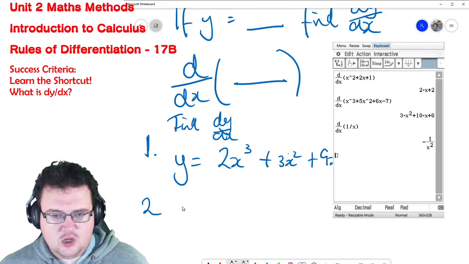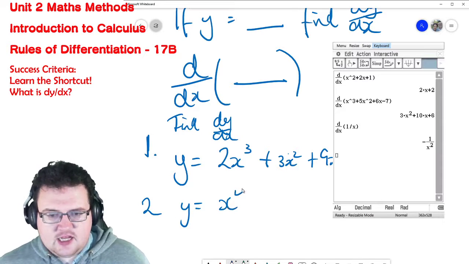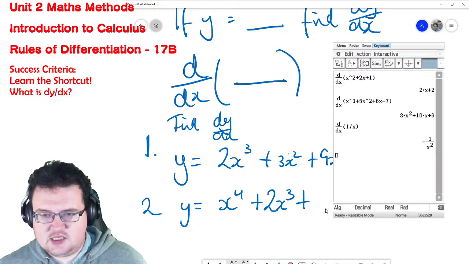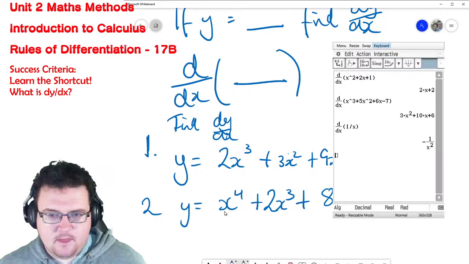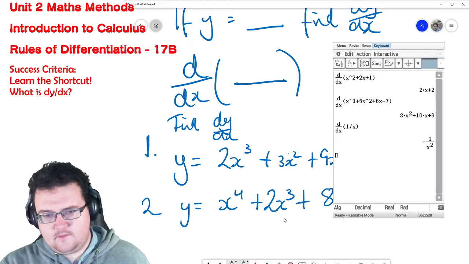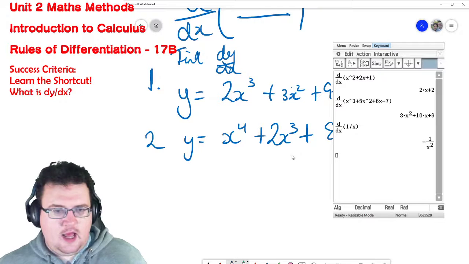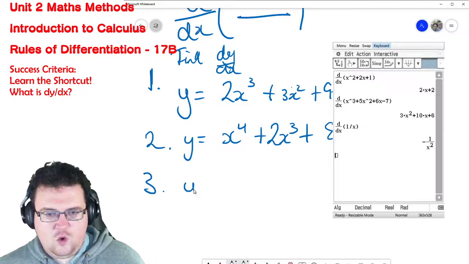Question 2, y equals x to the 4 plus 2x cubed plus 8x plus 1. And the third one is going to be y equals